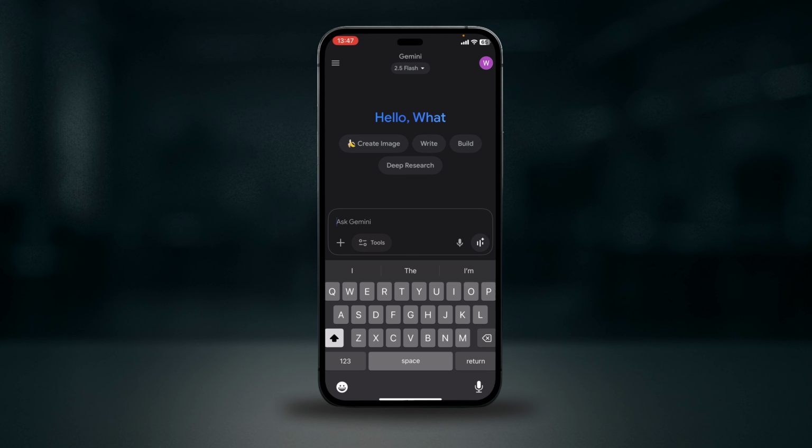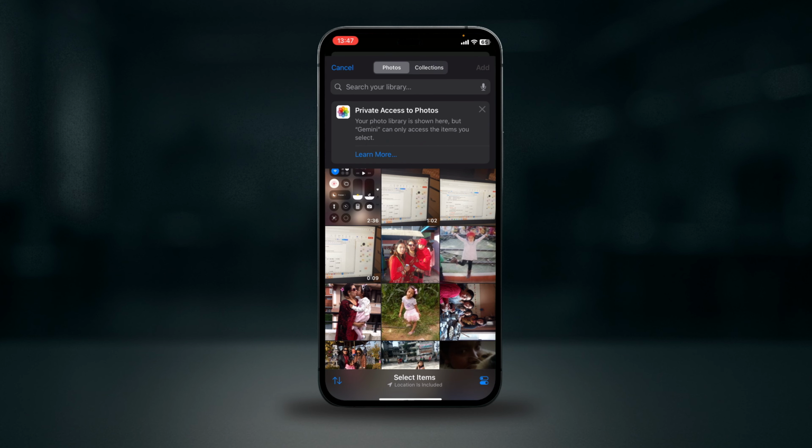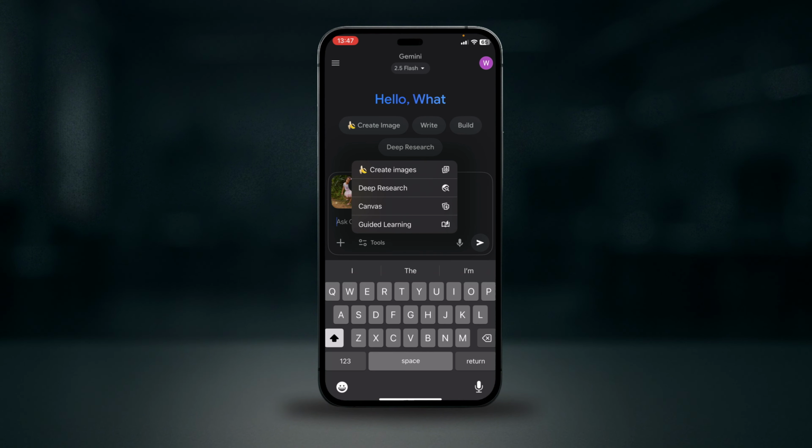Now, in the Gemini app, tap the plus button and then select any photo you want. And after that, go to tools and then click on create images. And after you do that, choose a selfie or portrait from your camera roll, and then Gemini will process it